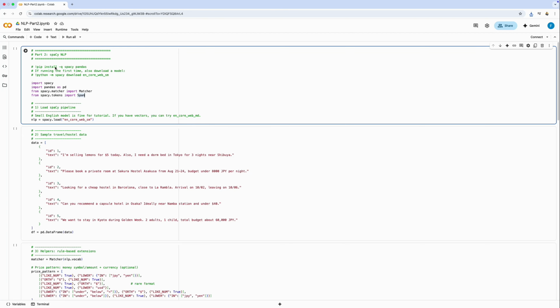In this lesson, we're building a practical text pre-processing pipeline with spaCy. By the end, you'll see how tokenization, lemmatization, part of speech tagging, sentence segmentation, noun chunking, and named entity recognition all come together. We'll also add rule-based extraction with spaCy's Matcher and finish by injecting our own business knowledge using an entity ruler. Everything runs on a small, realistic dataset of travel and hostel requests, so you can clearly see